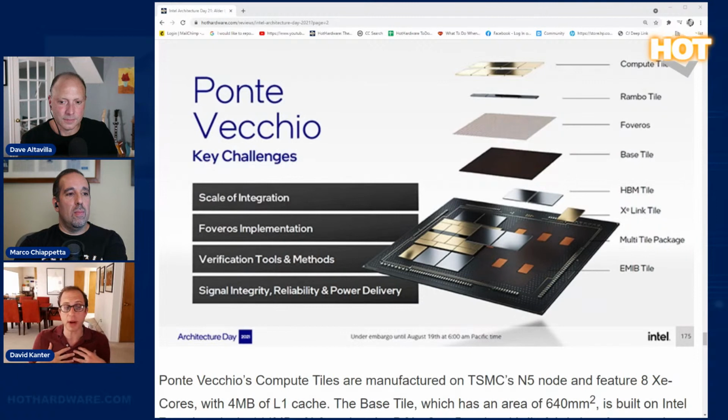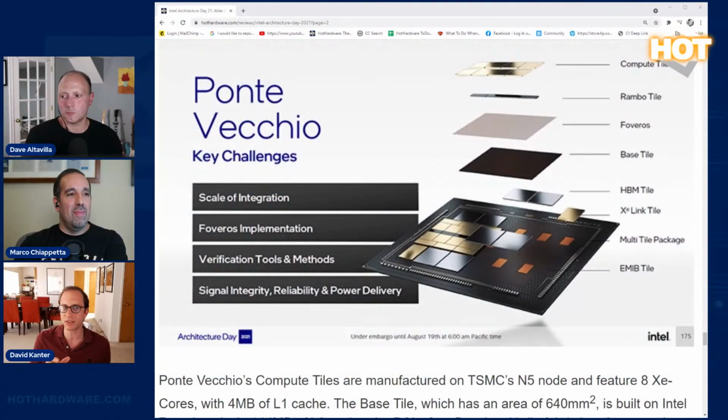And I will be fair, my first 10 years of really watching the industry, I didn't pay that much attention to manufacturing and the physicality of what is going on. But one of the issues that you get with something like that is you have all this silicon stuffed in a package. And by the way, when it is all heated up, the silicon expands at one rate, the packaging expands at another. There's so many things you have to worry about.